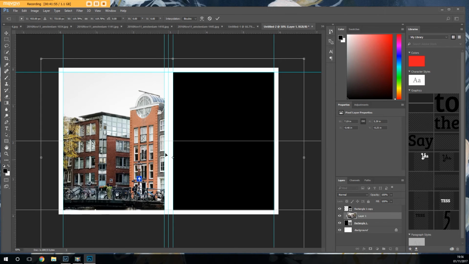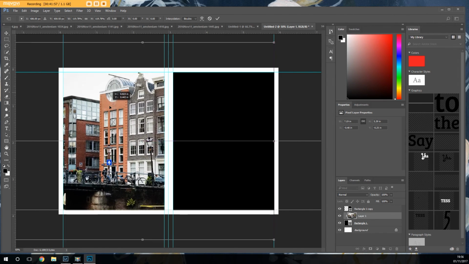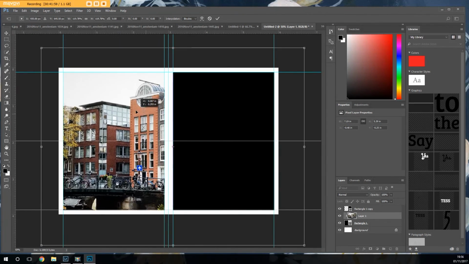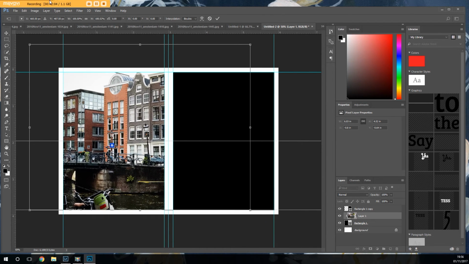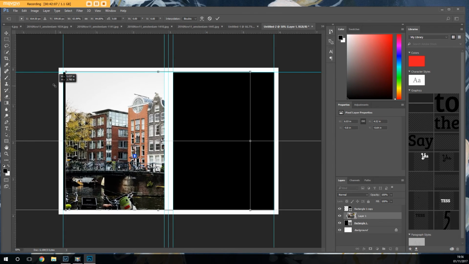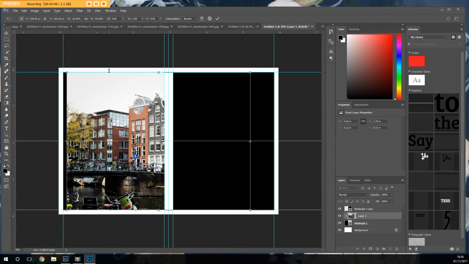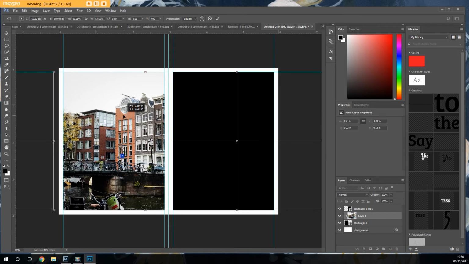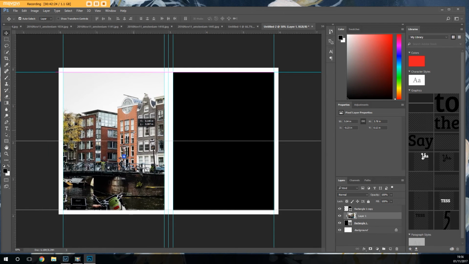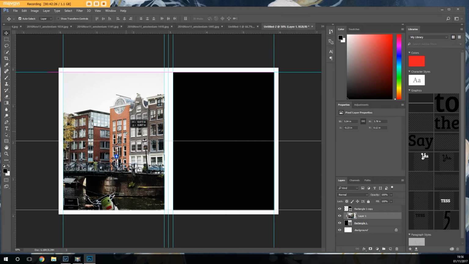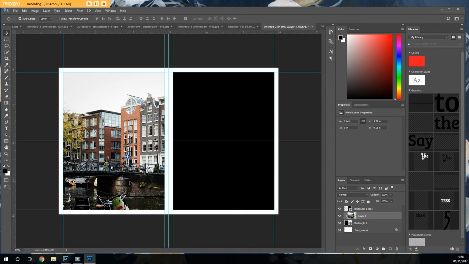So let's say I wanted to highlight the tops of the buildings. I could do that. I could make the photo a lot bigger, and it's still going to clip right in there. But let's say, actually, instead of making it bigger, I wanted to make it exactly the height of this rectangle. So let's make it just slightly bigger to make sure we're hanging over, and then I'm going to hit Enter, or you can come up here and hit this check, which is going to apply it. So now I've got the photo exactly the way I want it